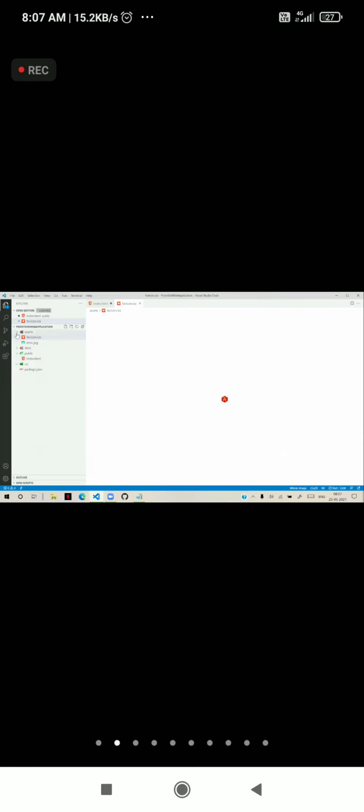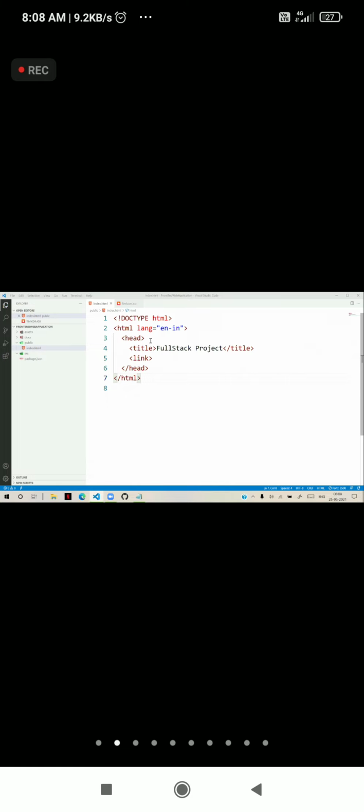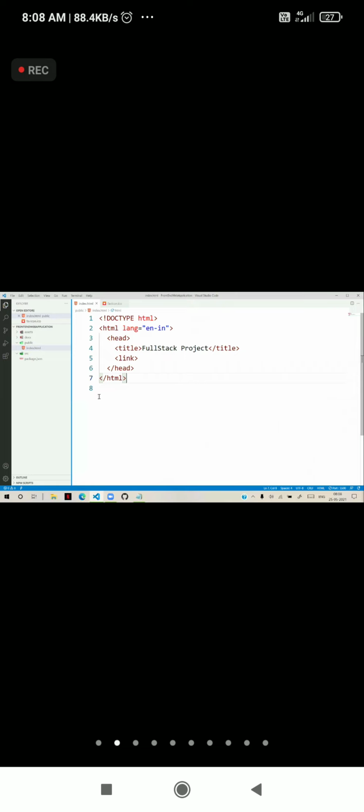Now we have to link this favorite icon to our page. Now see here. We need to go to the index page. We need to go to that index page and define it. In the index page, we need to configure. In the index page, now here we have to define a link.